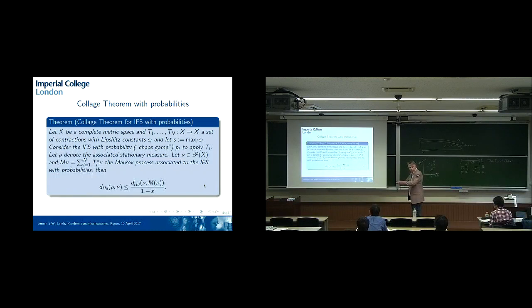So I can now do it for the measures. I also know that I can do it with the Markov operator, and I can do this on the measure space with the Hutchinson metric, and lo and behold, get exactly the same trick. I can find something where the measures are roughly similar. If the measures are similar, then I can actually generate the things, since the measure is well approximated by the stationary measure. And how do